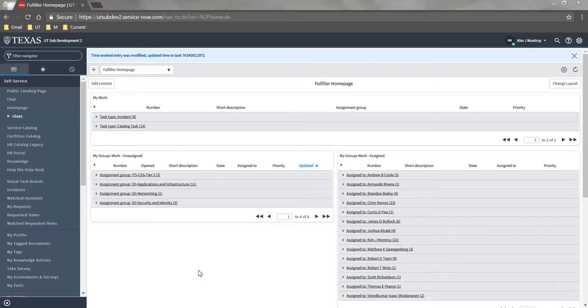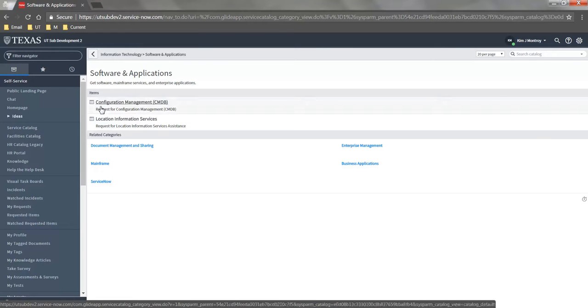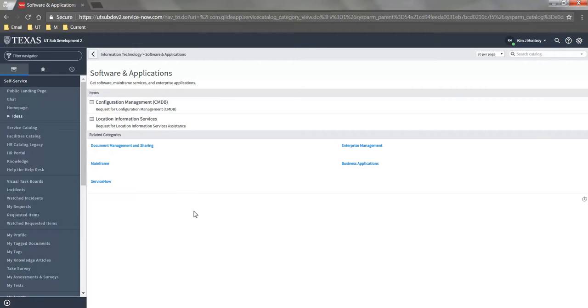There are several different ways that you can create a request on behalf of an end user. The easiest way is using the self-service application within ServiceNow. Select the Service Catalog application. From here, you'll see categories of all of the Service Catalog items available in ServiceNow. Select the one that makes the most sense for the request you're attempting to submit, and then from there you'll